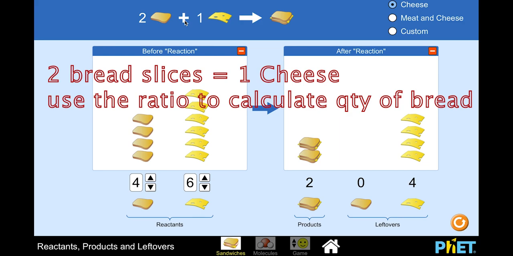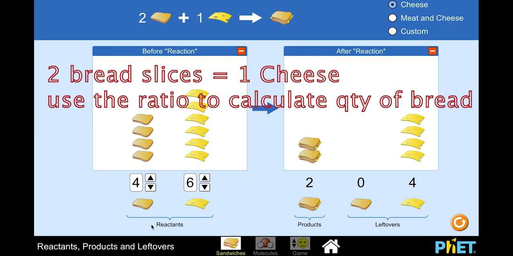So we can use the relationship now to calculate the quantity of bread used in the first reaction. So like in this case, it might confuse, but remember our solutions are colorless and we cannot see the atoms